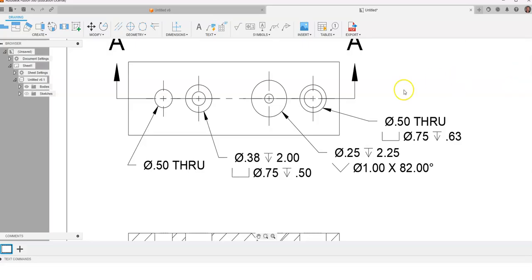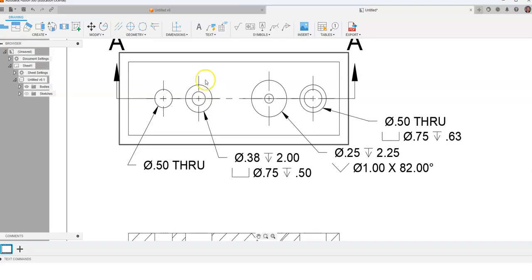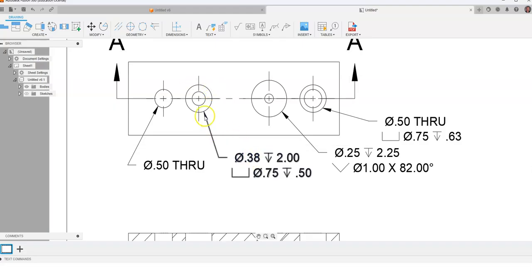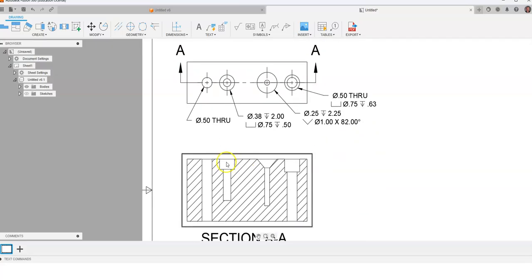And you'll notice that I have these different symbols. This symbol right here means a counter bore hole. That means the outside diameter is 0.75. The inside diameter is 0.38. Now it does not go all the way through. You'll see this hole right here. This is the larger diameter of 0.75. It only goes down a ½ inch, and the inside diameter is 0.38 and only goes down a distance of